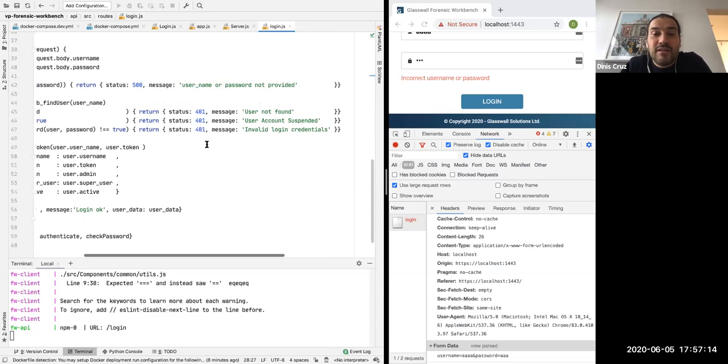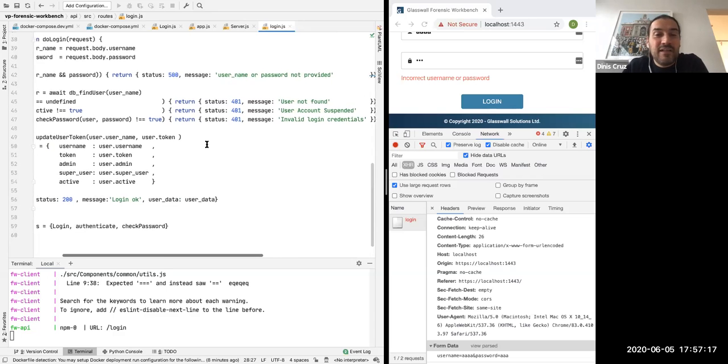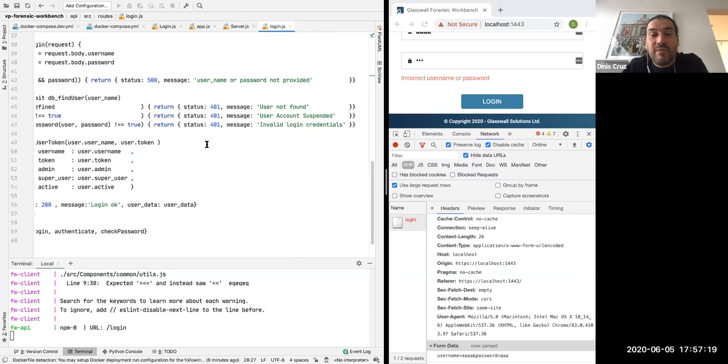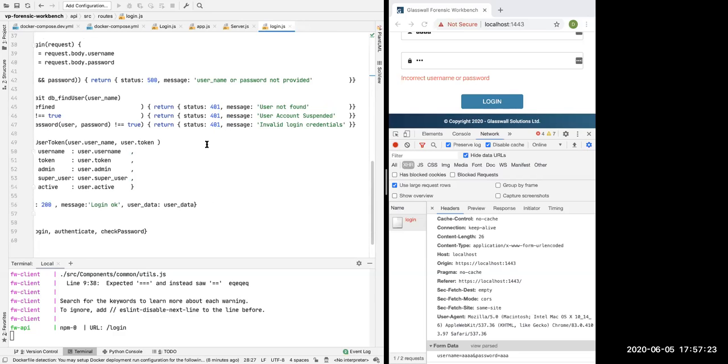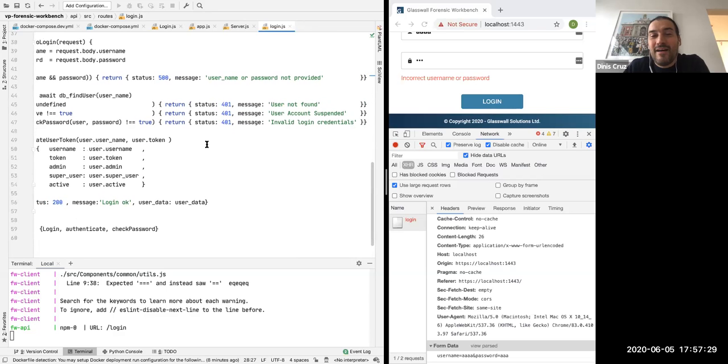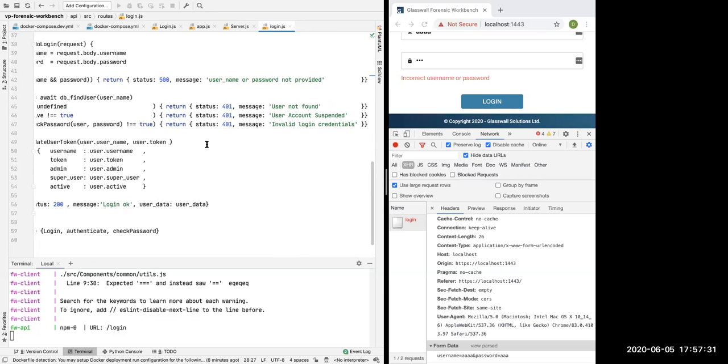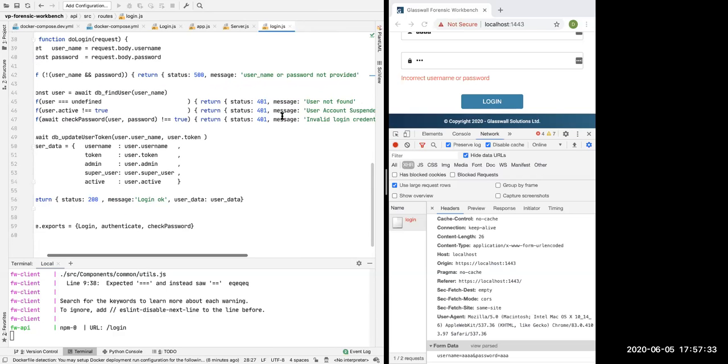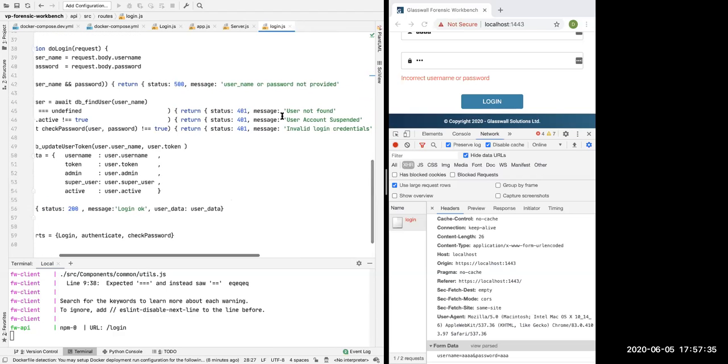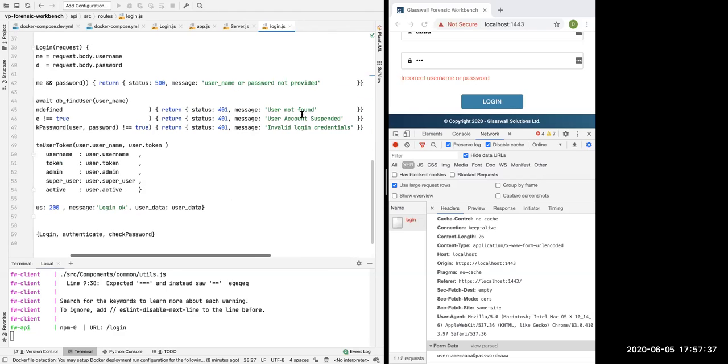Now, there's an interesting case here. Can you guys spot two interesting vulnerabilities here? Username enumeration. Yeah. How would you do that? Yeah, you try a username and check the response error messages. You can identify if the user exists or not, if the user exists and the password is invalid,